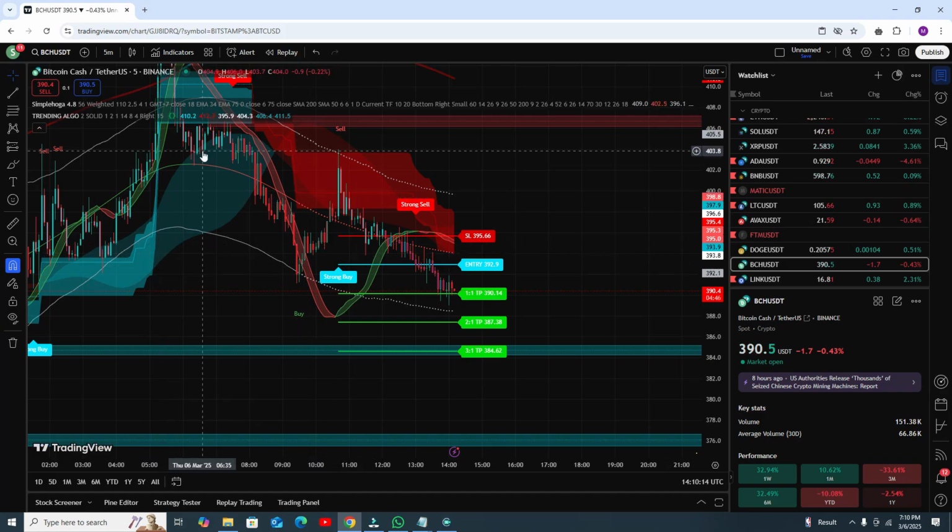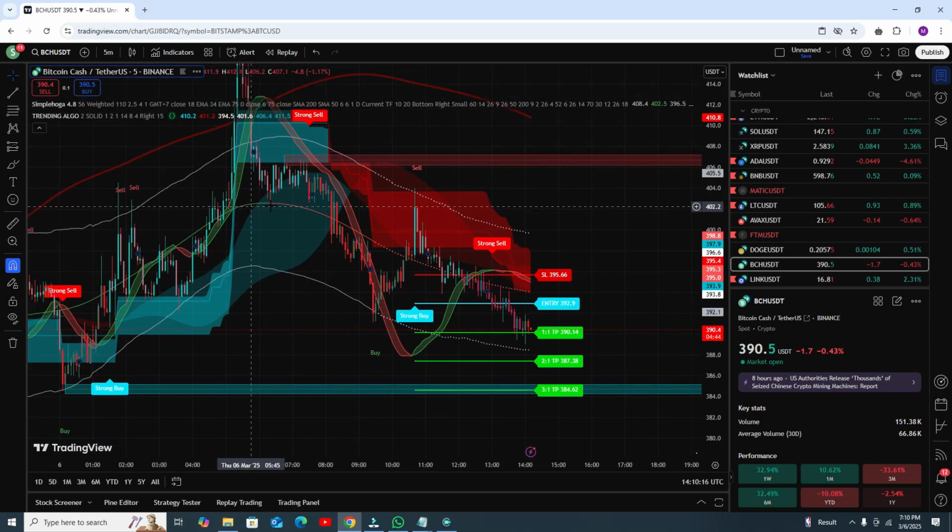Here you can see this indicator will give you strong sell signal, strong buy signal, each and everything. It will give you the entry. Here you can see this one was the entry, that is your stop loss, that is take profit 1 almost hit, then take profit 2 and take profit 3. It gives you accuracy around 60 to 70%, but I am giving you a better strategy that will give you accuracy of more than 80 to 90%. That is actually very good accuracy.